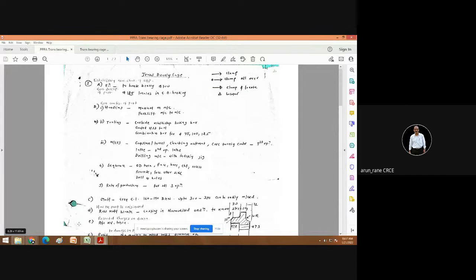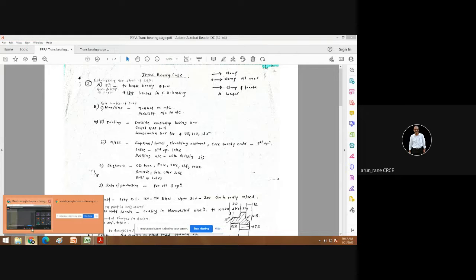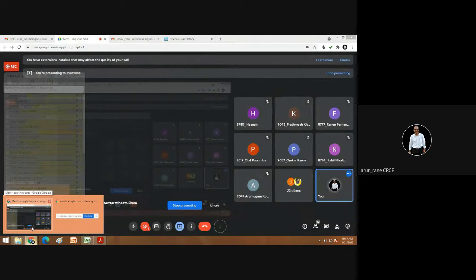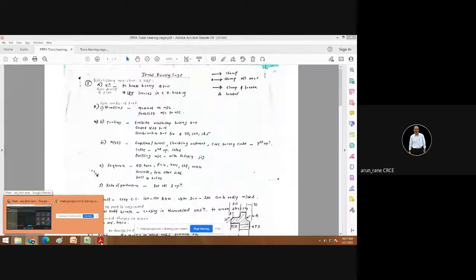Like you need to stack the component, you need to keep the component in a bin properly. कैसे भी फेंक नहीं सकते, because the finished surfaces will get damaged, scratches आ जाएगा, dents आ जाएगा. So you need to keep it properly in a bin, and then this bin can be handled with the help of the forklift from machine to machine or from department to department.